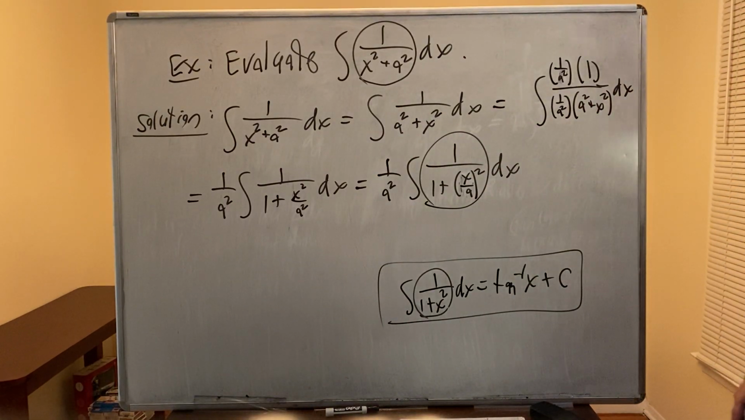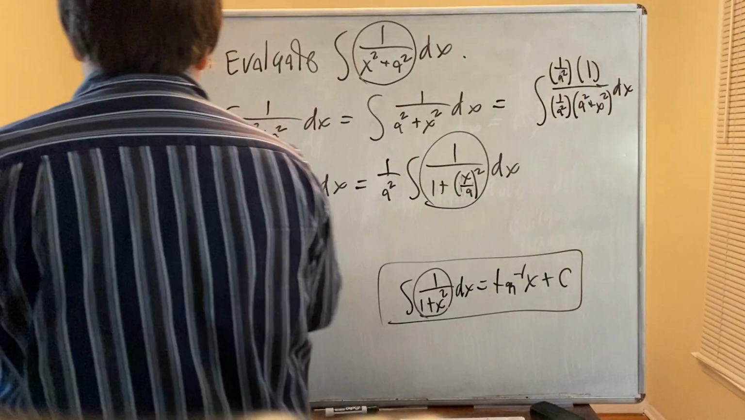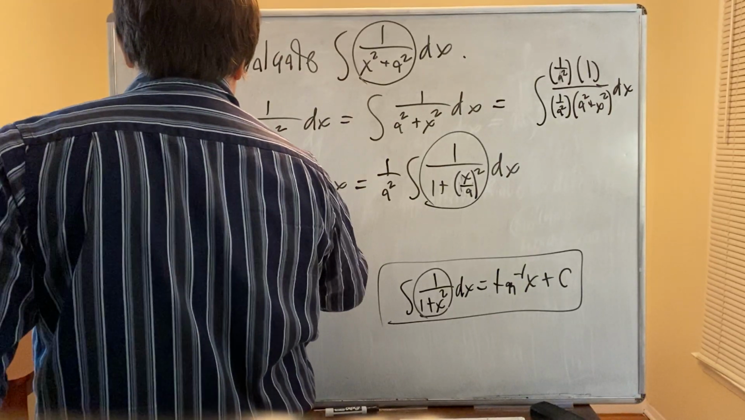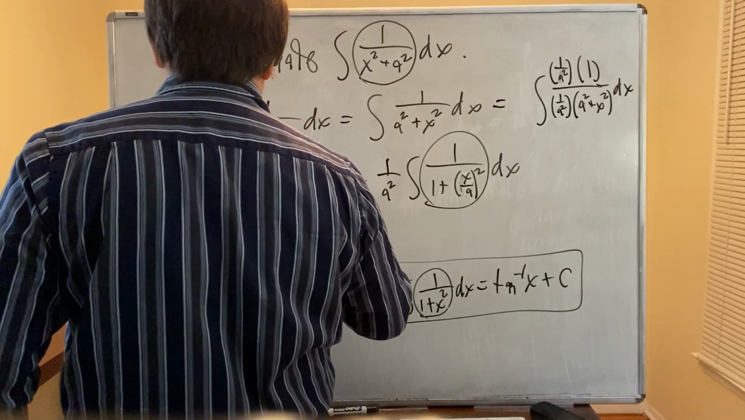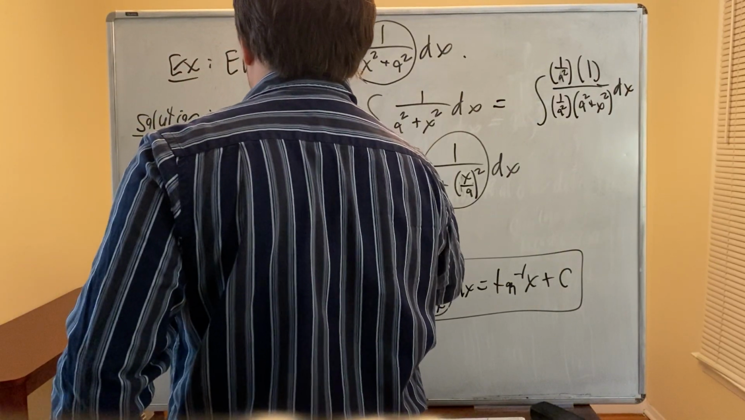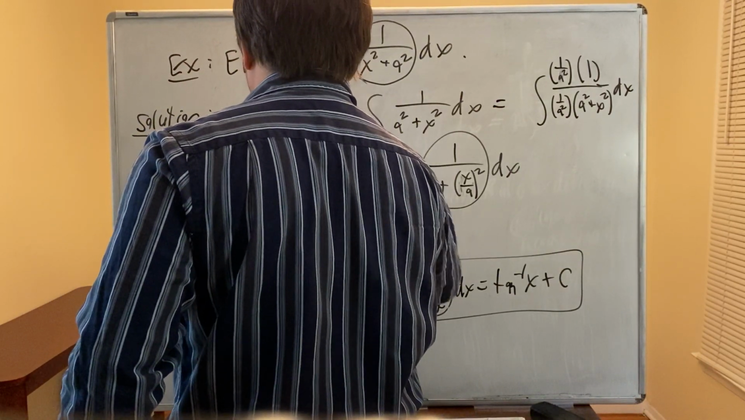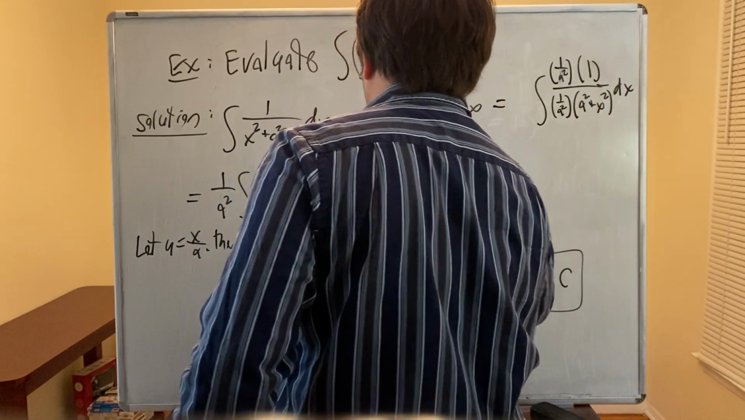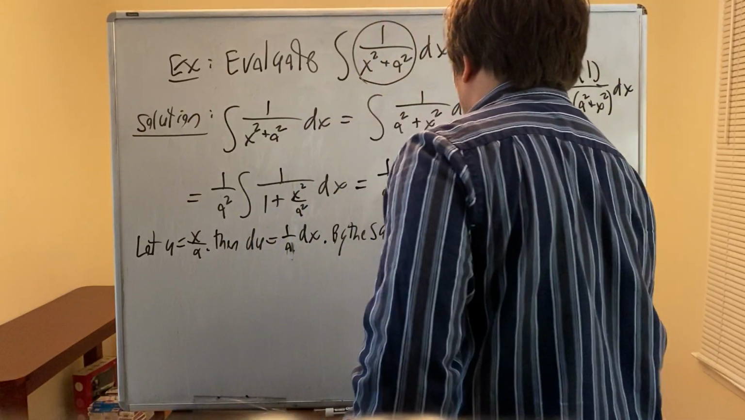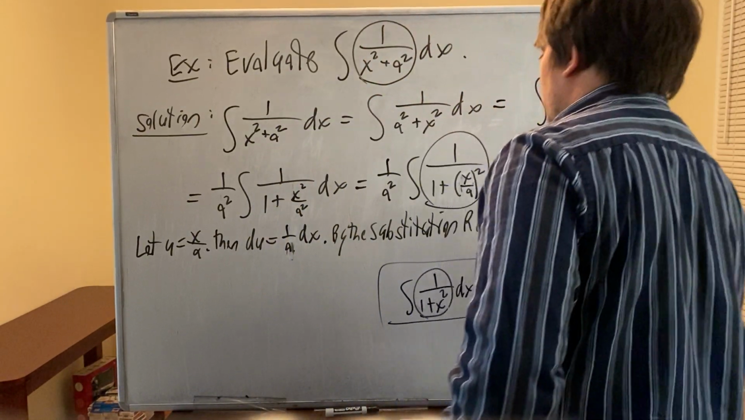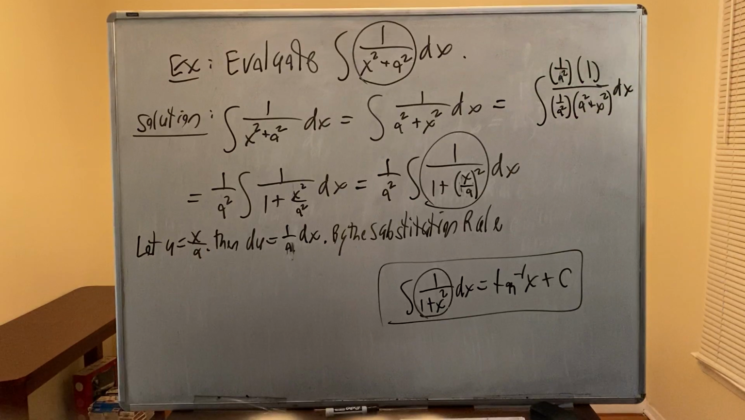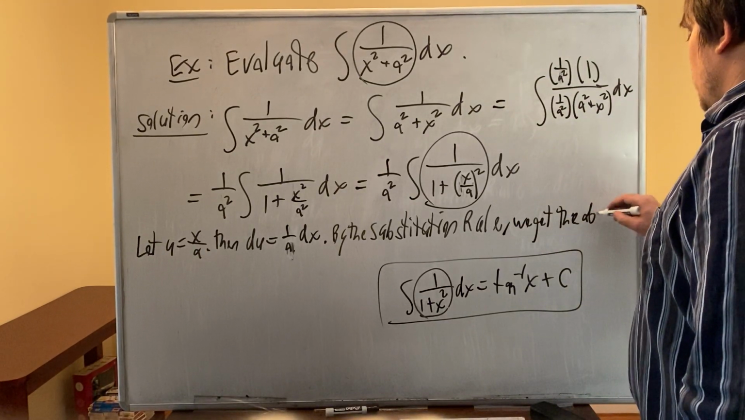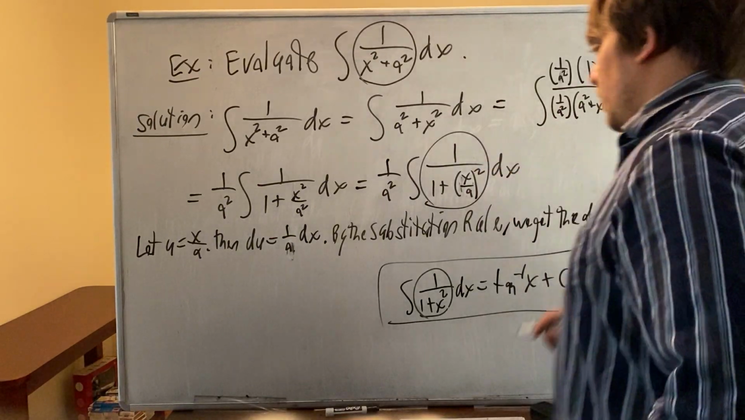And so I'm going to use u substitution. I'm going to let u be x over a, because that's what's weird. Let u equal x over a. Then du equals the derivative, which is 1 over a dx, by the substitution rule. This is not a definite rule, it's an indefinite rule, so it's just called the substitution rule. By the substitution rule, we get the above, which is this, equals